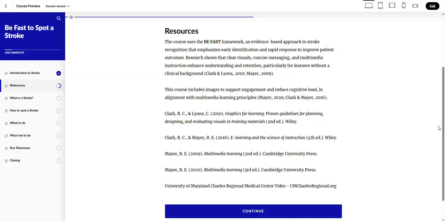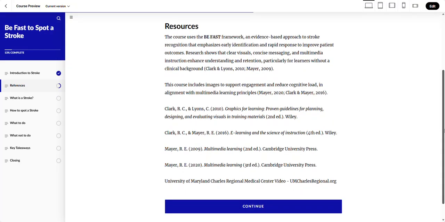Research shows that clear visuals, concise messaging, and multimedia instructions enhance understanding and retention, particularly for learners without a clinical background (Clark and Lyons, 2010; Major, 2009). This course includes images to support engagement and reduce cognitive load in alignment with multimedia learning